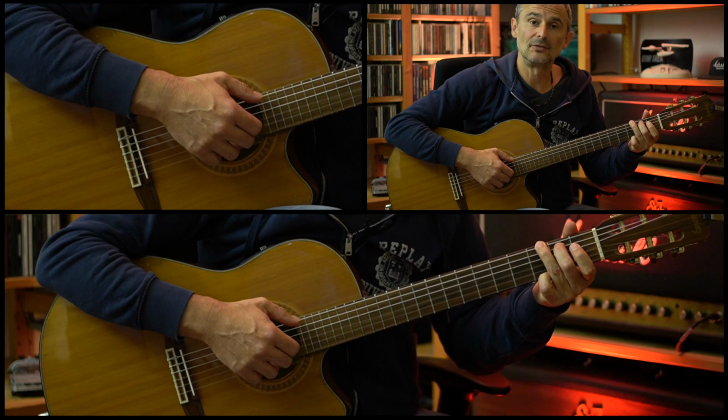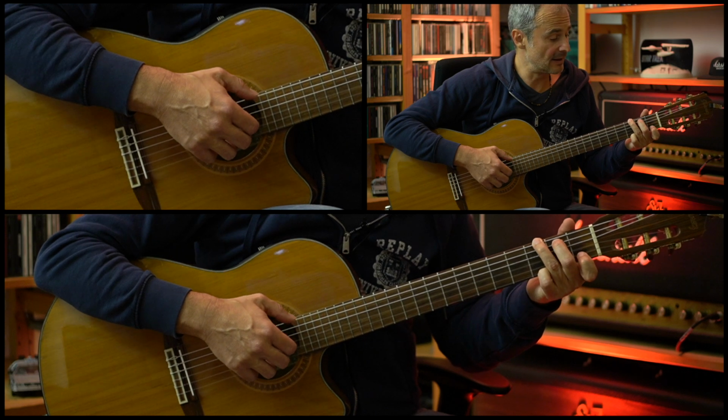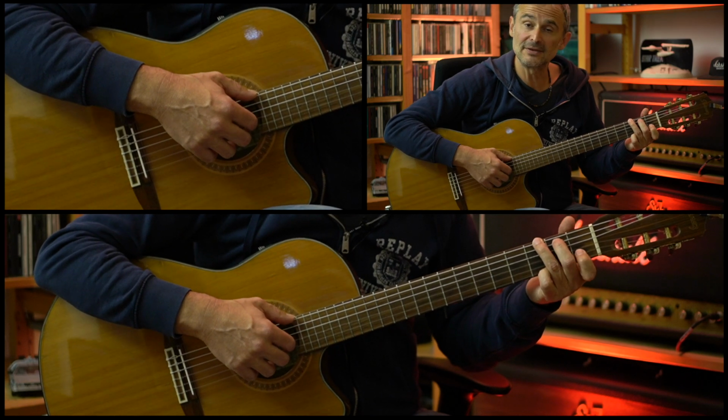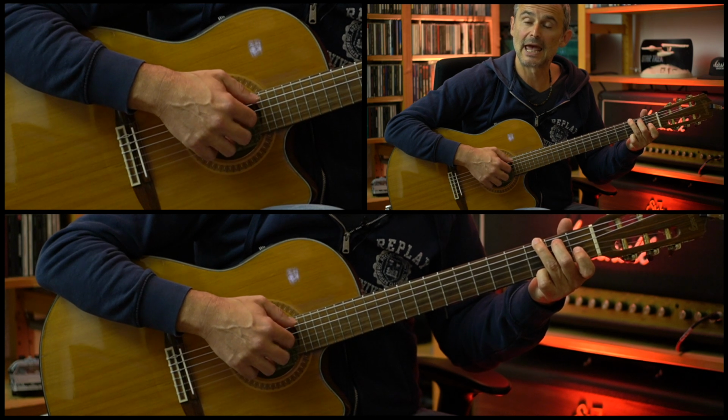1 and 2 and 3 and on beat 4 we're adding the first finger on the first fret of the B string. 1 and 2 and 3 and 4